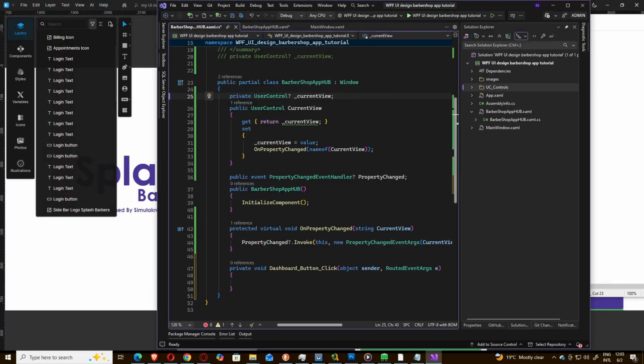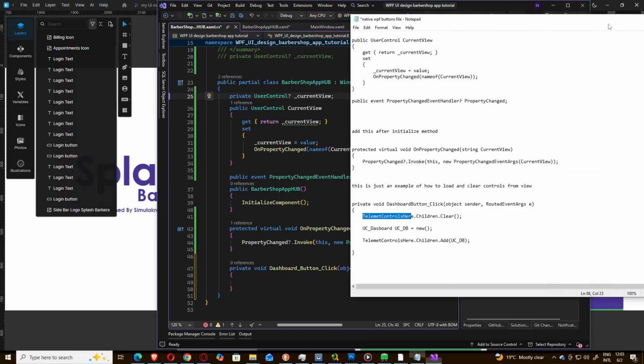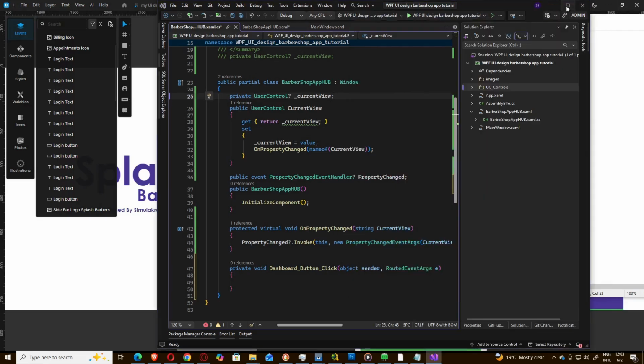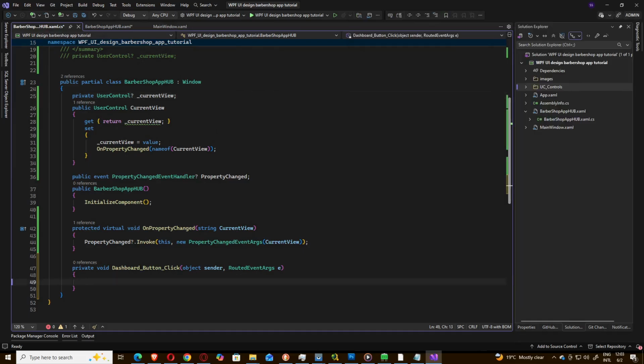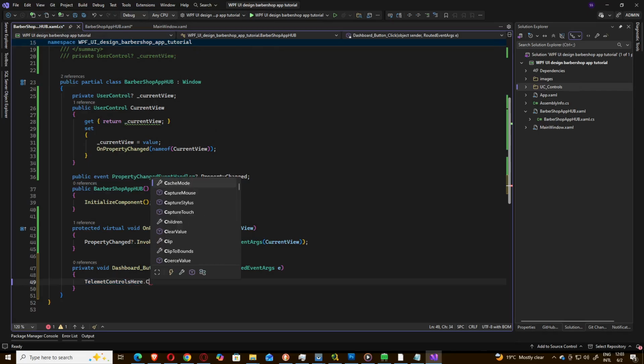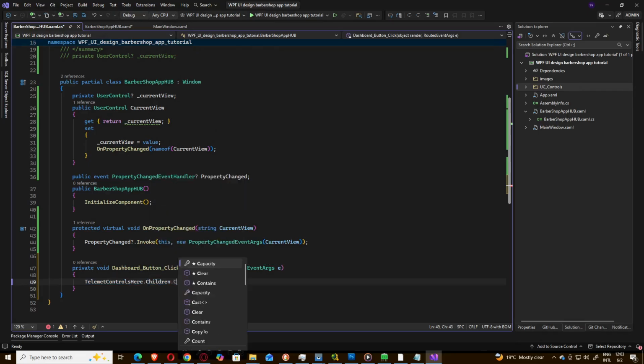And just minimize that. Okay, no, it just caused a lot of confusion. So we're going to do this. Then telemetry controls here .Children.Clear. So here's what we'll start with first: telemetry controls here dot Children dot Clear. What it will do is clear the current user control which is in view,